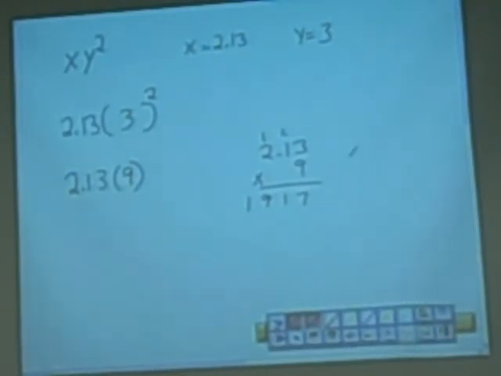And is that our answer? With the decimal. Move the decimal 1, 2 places. 19.17. Okay? Any questions with that? Not much different, other than the substituting part. Everything else was